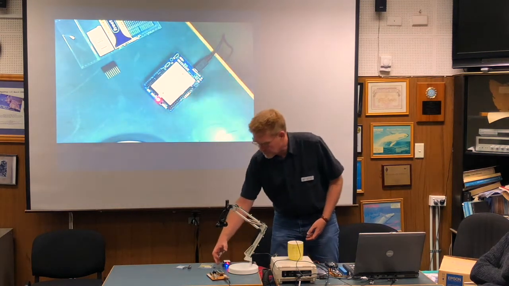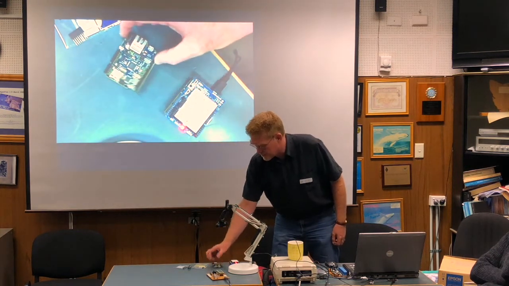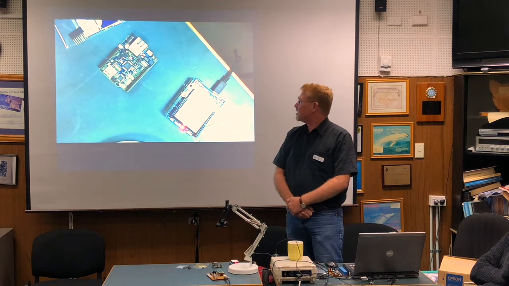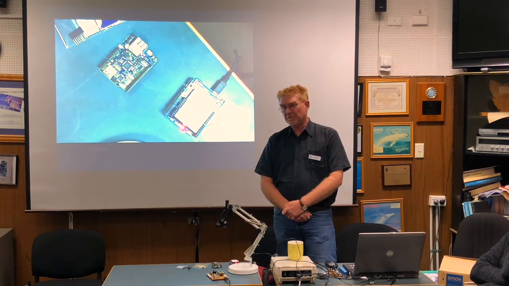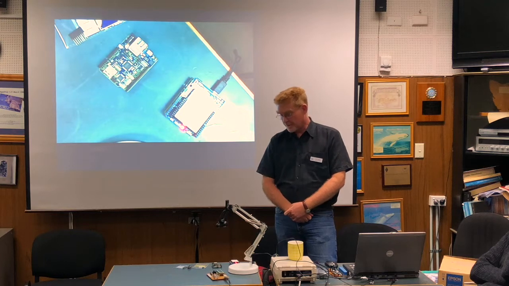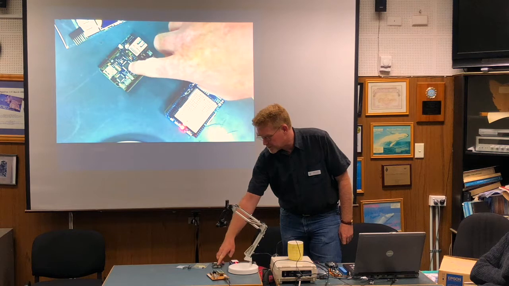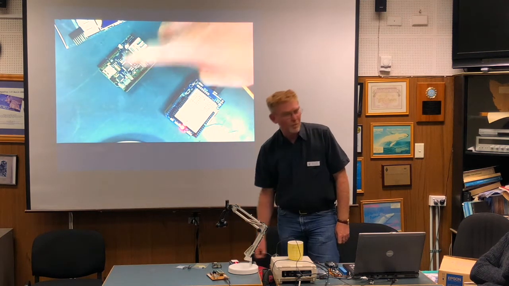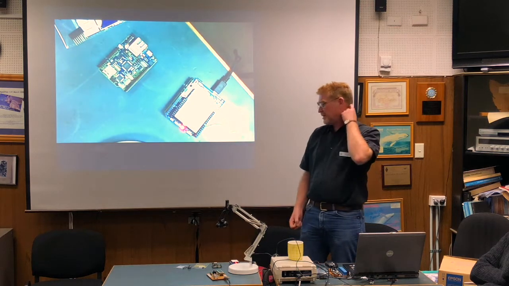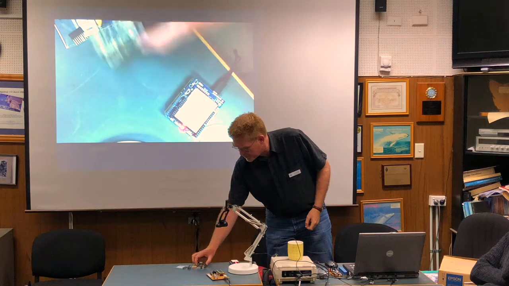The other fun shield I've got, which I must admit I bought and never really got excited about, is the Ethernet shield. You can actually use it to connect an Arduino to a copper network, as you would your PC plugged into a switch at home. The funny thing about them is that the main brains of it, the microprocessor down here that does the Ethernet bits and pieces and TCP, is probably more powerful than the Arduino it's connected to. It's kind of like, yeah, I'm using a Ferrari to tow a Ford or something weird.